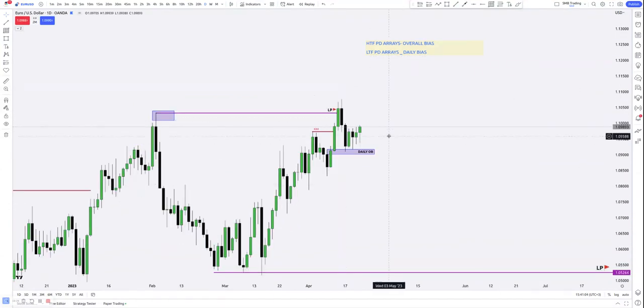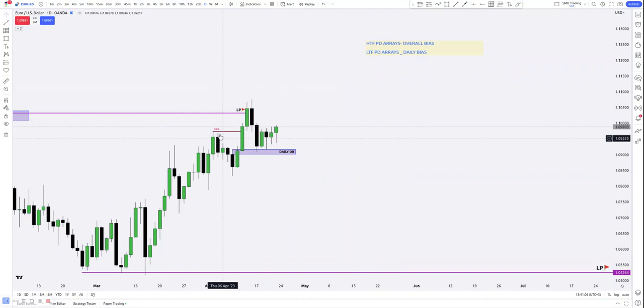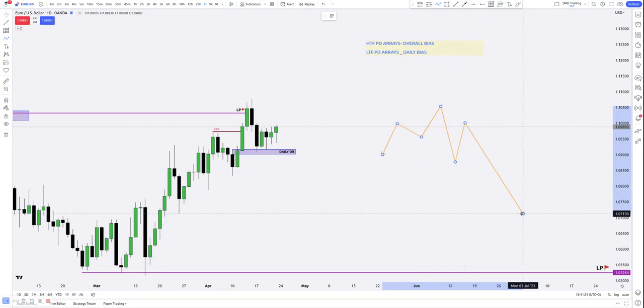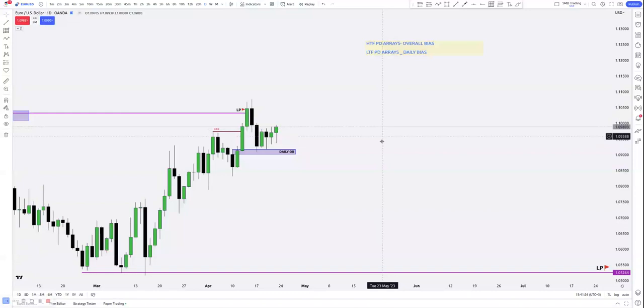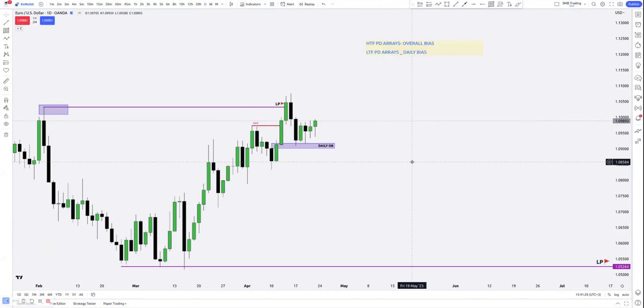We need to wait for the previous structure to be taken for us to say, okay, now we have a reversal. Remember, an SMR or a smart money reversal, it happens like this. And then boom, like this, and then we come back in here, we continue down. Okay, so